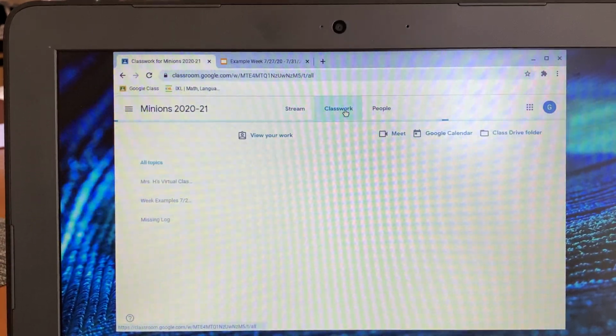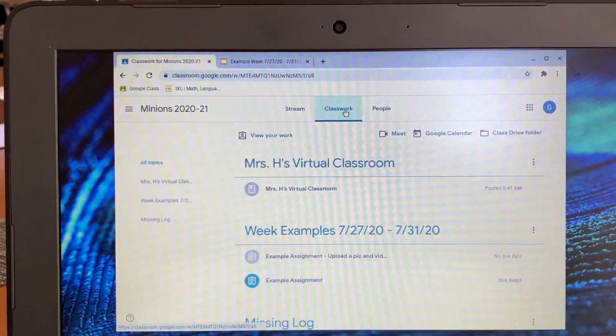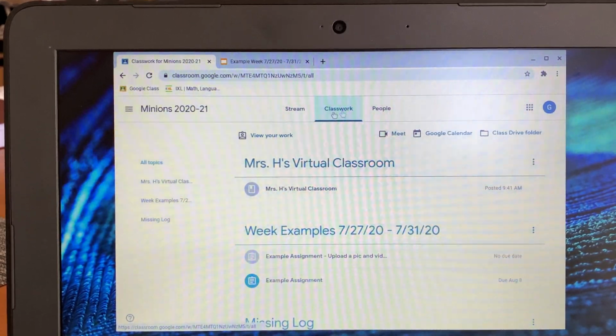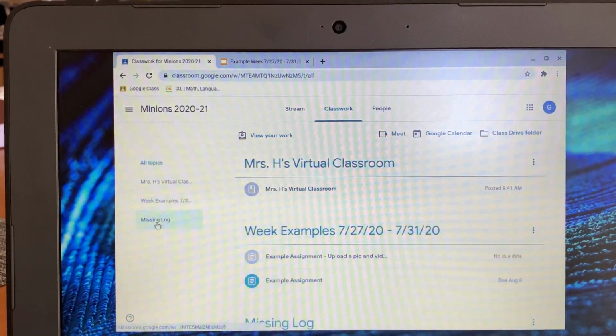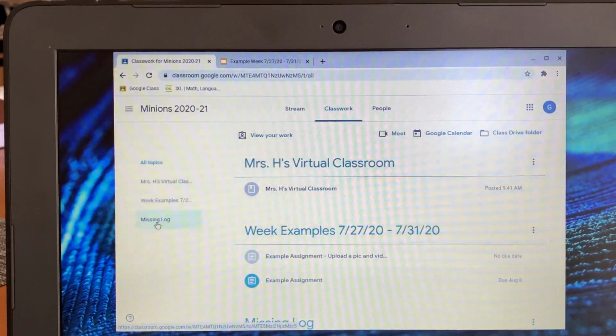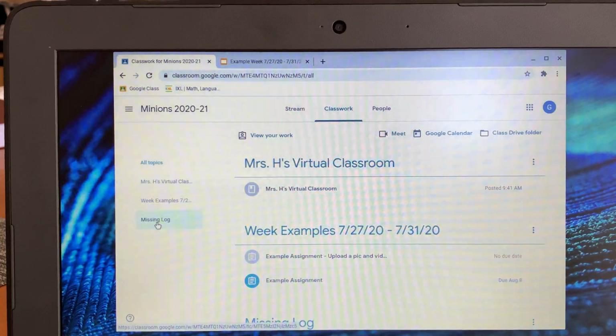Classwork is where we're going to be working a lot in here. So classwork is going to be where your assignments will be posted. If you notice over here on the left-hand side, there's a thing called topics. Topics are how I'm going to break up, so it doesn't look so overwhelming